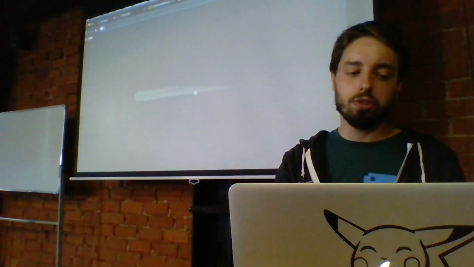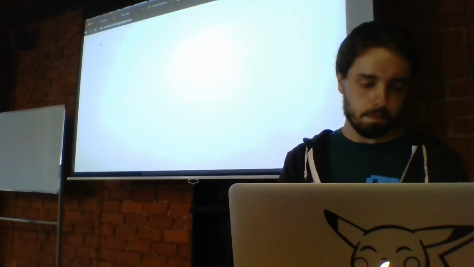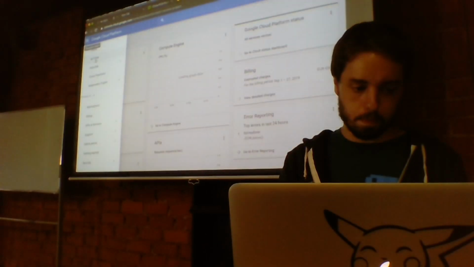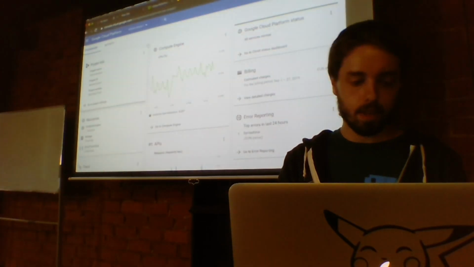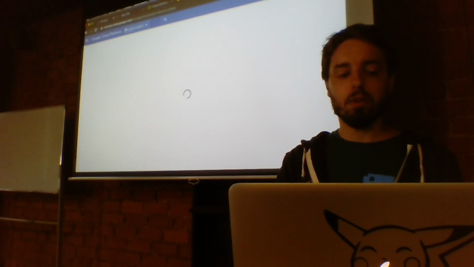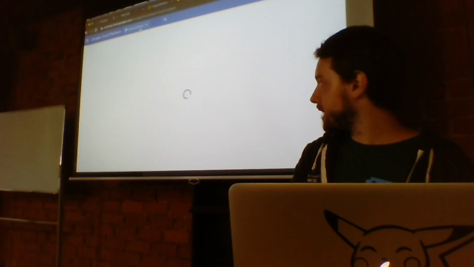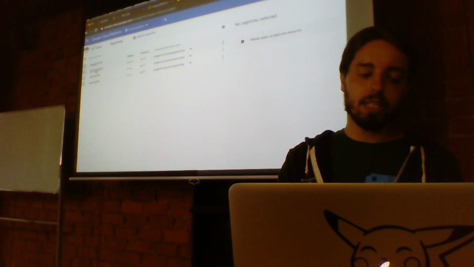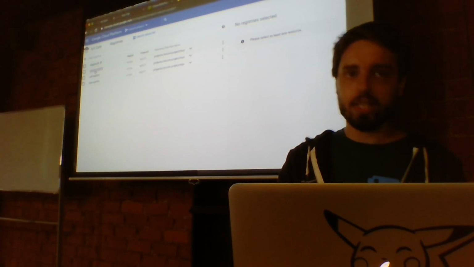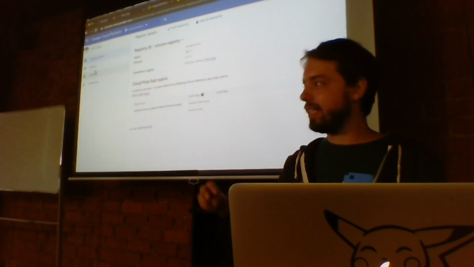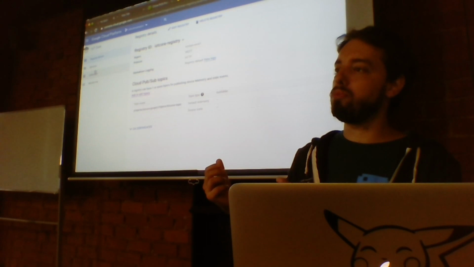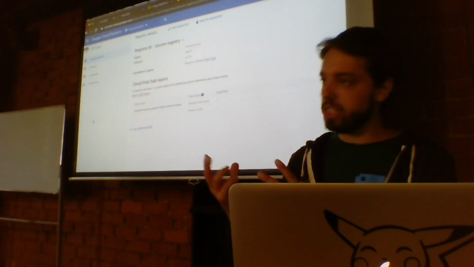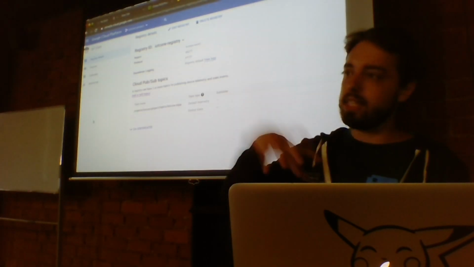Now we go to the Google Cloud console. We will go to the Cloud IoT Core page here, and we select our project. My project is named IoT Core Project. This is my Google Cloud project, and we select a registry. My registry is named IoT Core Registry. A registry is like a bucket of devices. If you want to make a commercial product of temperature sensors, you can create a temperature sensor registry, and all your devices will be in that bucket, in that registry.